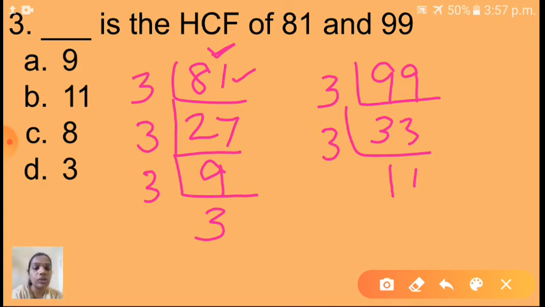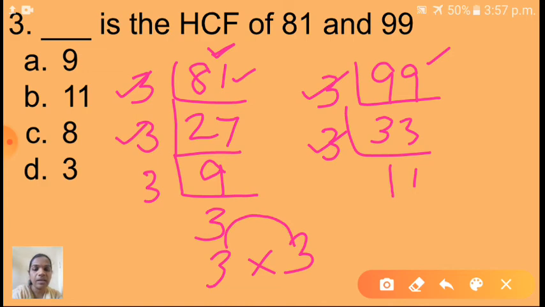So now see here, the prime factor of 81 is what? 3 into 3 into 3 into 3. And here 3 into 3 into 11. So the common number you have to take. Here also 3, here also 3. 3 into 3. So one time you have to write, 3 3's are 9. So what is your answer here? 9, it is your answer. Like this you have to find. This is what? Prime factorization method. Okay, children?